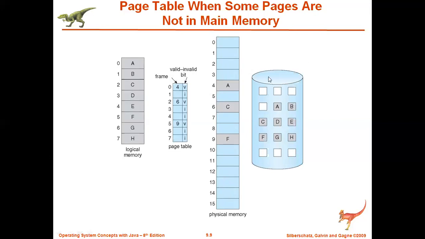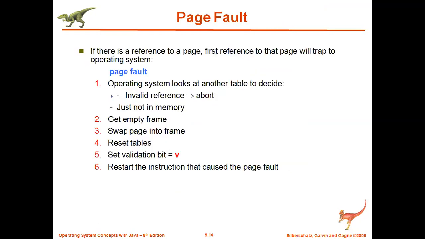In that case, this demand paging is required, because whichever page he requests, only those pages will be kept in the main memory, and the remaining pages will be there in the secondary storage. So we should create an illusion for the CPU that I have all the data in the main memory itself, even though I am not able to hold all the data in the main memory. So that is the concept of demand paging. Is it clear, guys? What do you mean by demand paging?